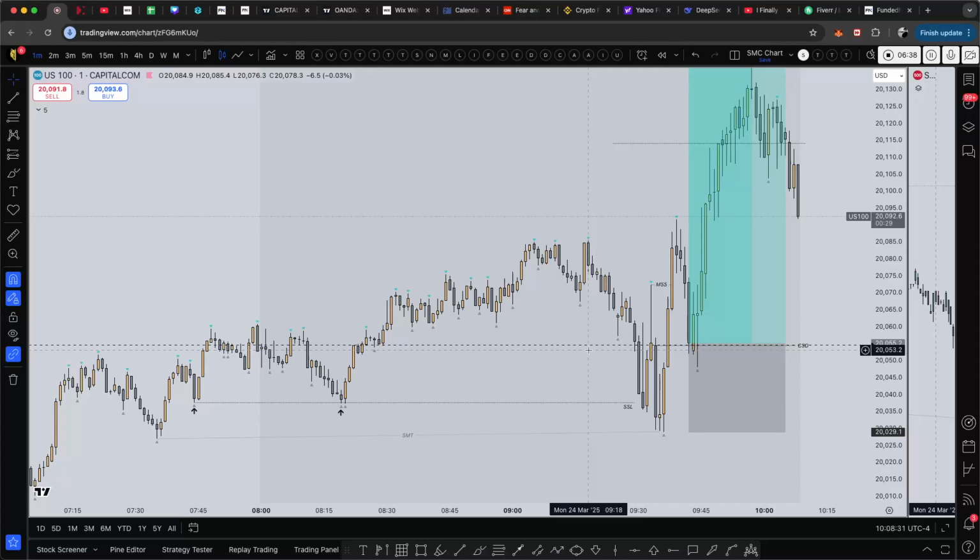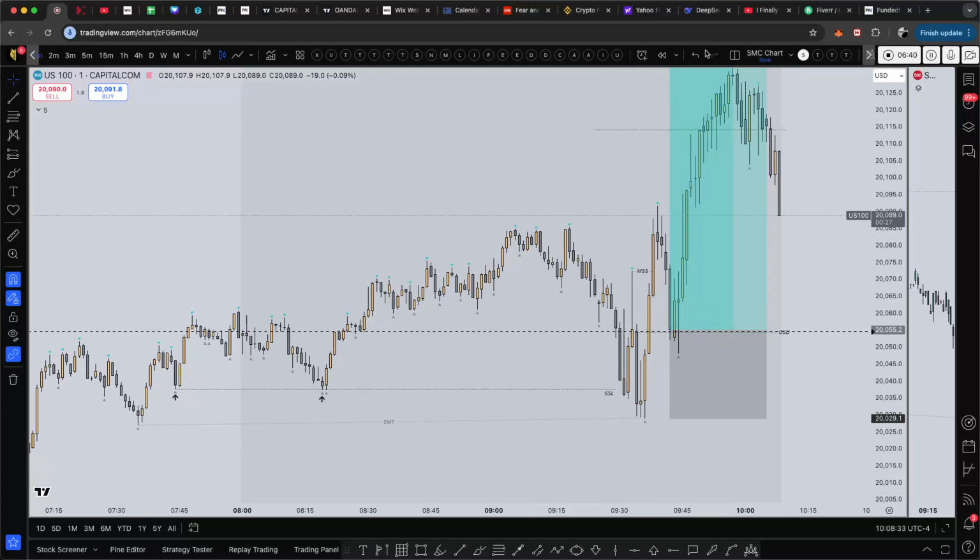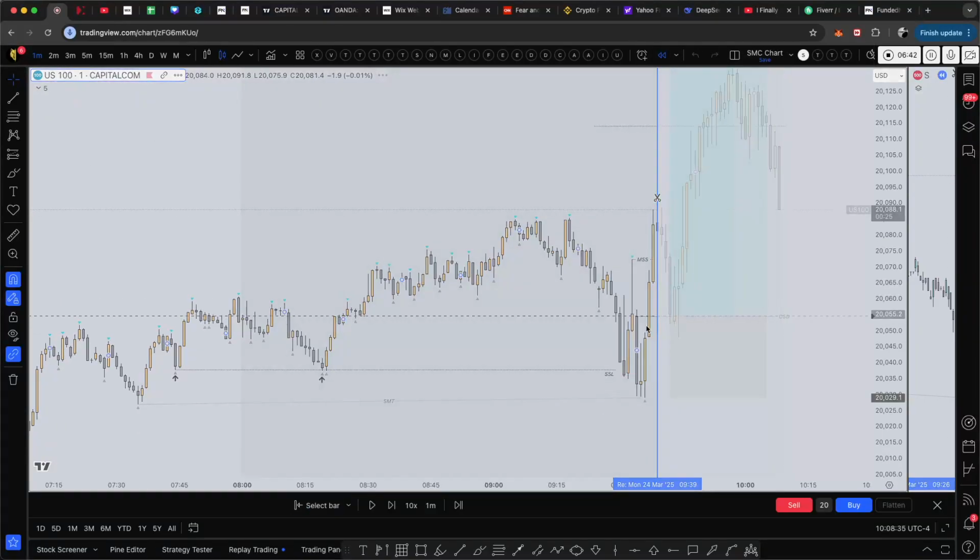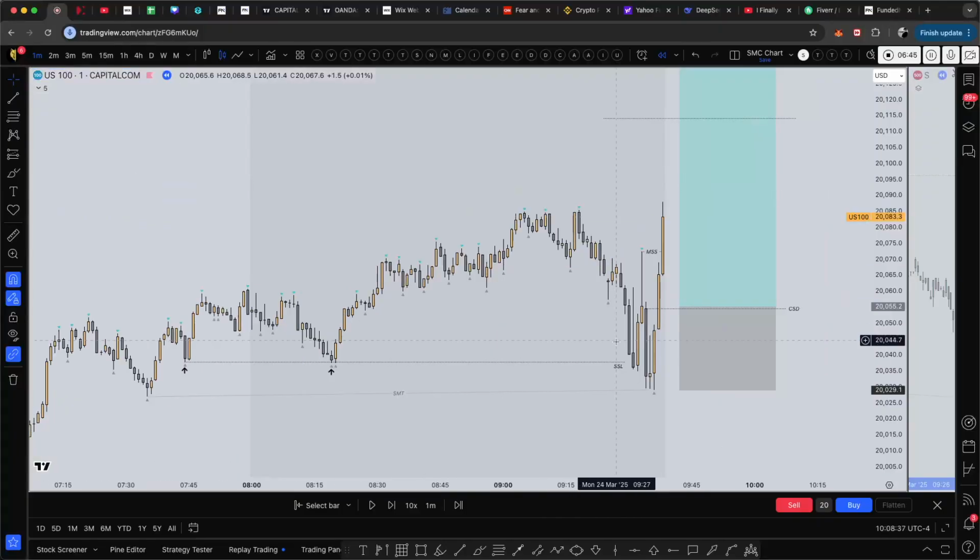What did I see? You see, this was the move. This was the move that was actually stopping me out on break even, right? On the first sell that I took. This was the move. So as soon as I got stopped out on break even, I switched to the 1 minute just to see what's happening right there. And this is what I was seeing right here.